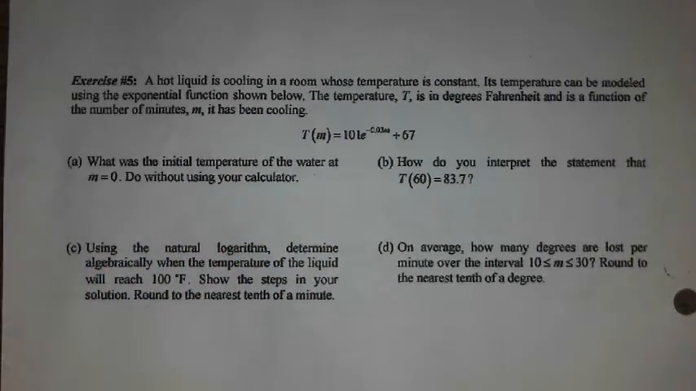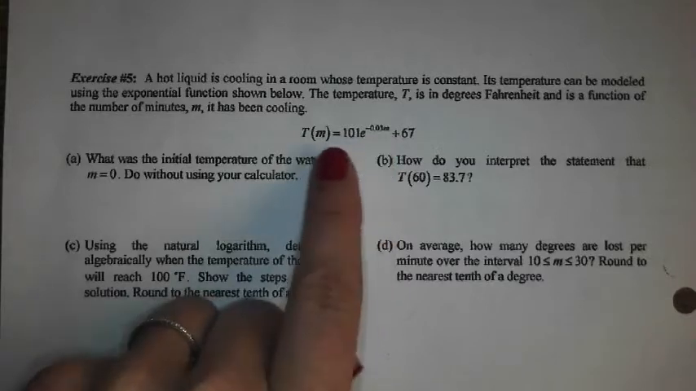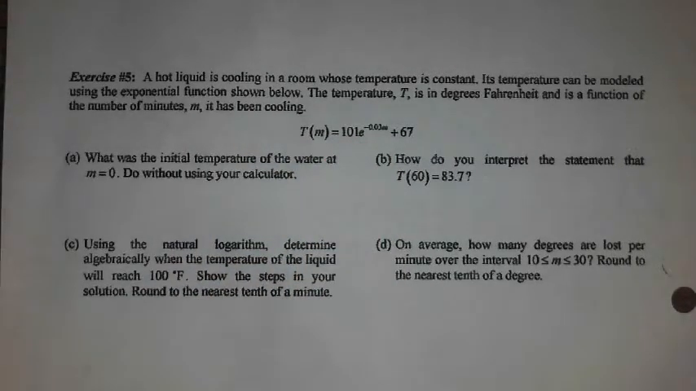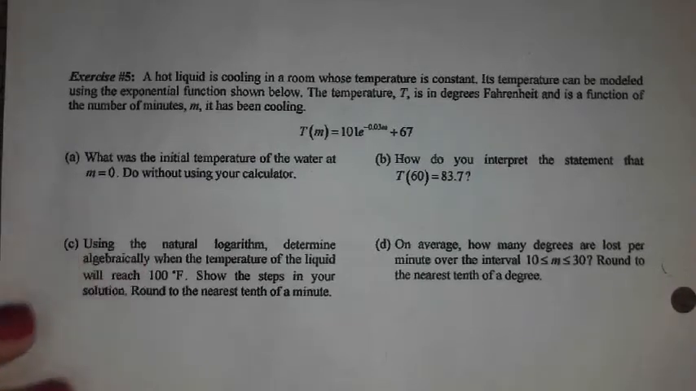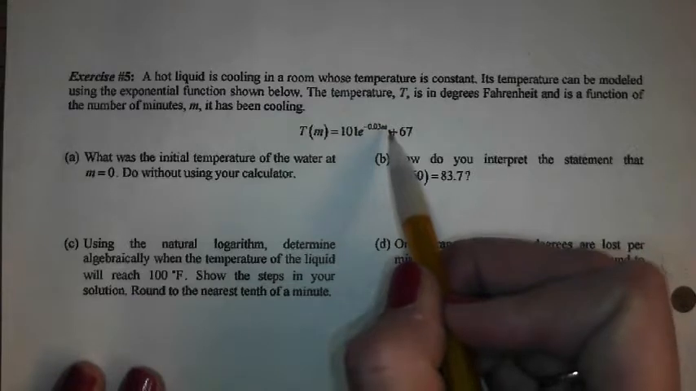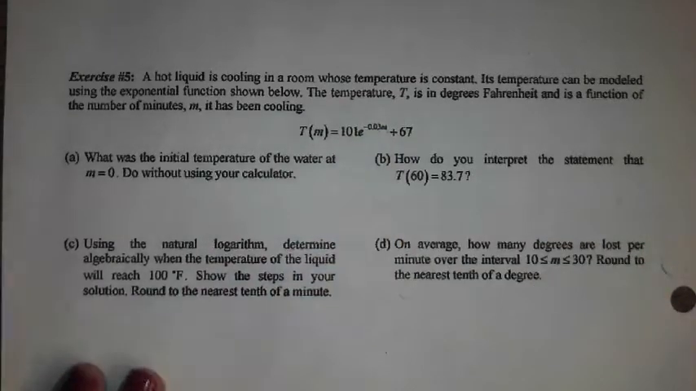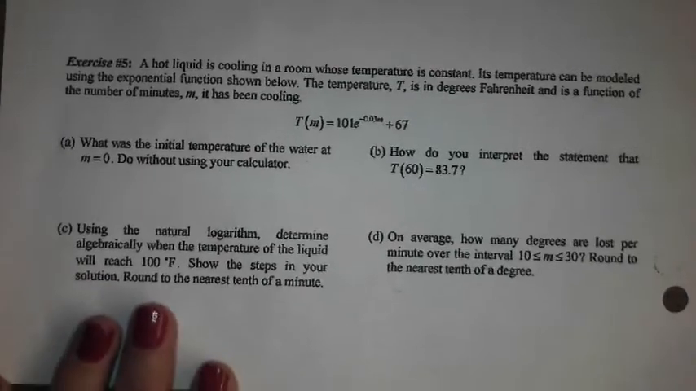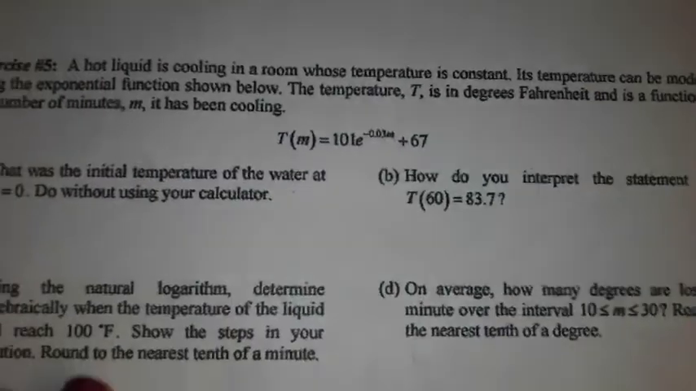We're given information about a hot liquid that's cooling. Its temperature is modeled by this function. T is temperature. M is the number of minutes we've been cooling for. So that exponent says negative 0.03 M. Okay? Without plugging in 0, it's a good question. Without plugging in 0,